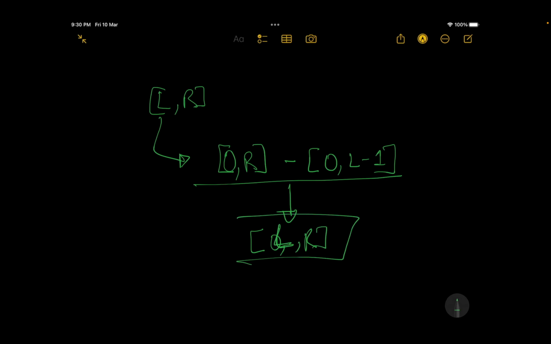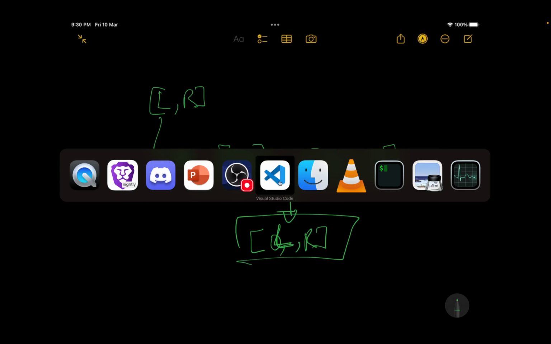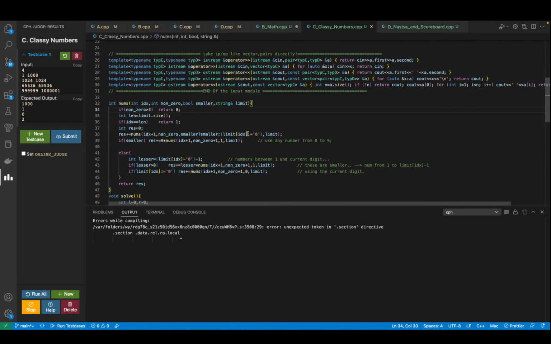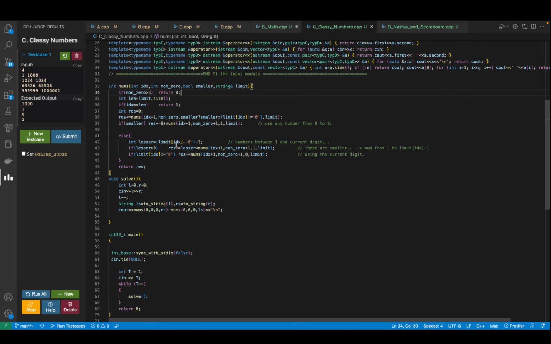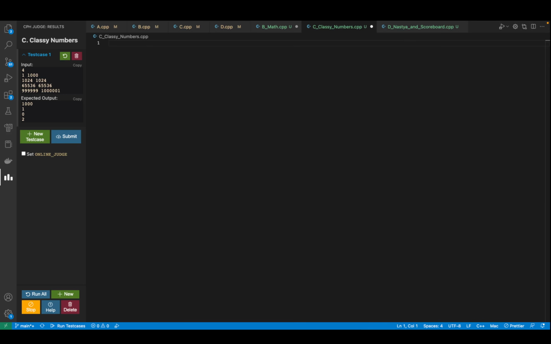But how do I do it? So right over here, this is the code, the way I have actually done it. But if I explain the code, then things might not look that good to you, or you might feel that the question was not that understandable. So I'll try to write it from scratch, so that you are also able to understand how to write the code itself. So I'll remove this.